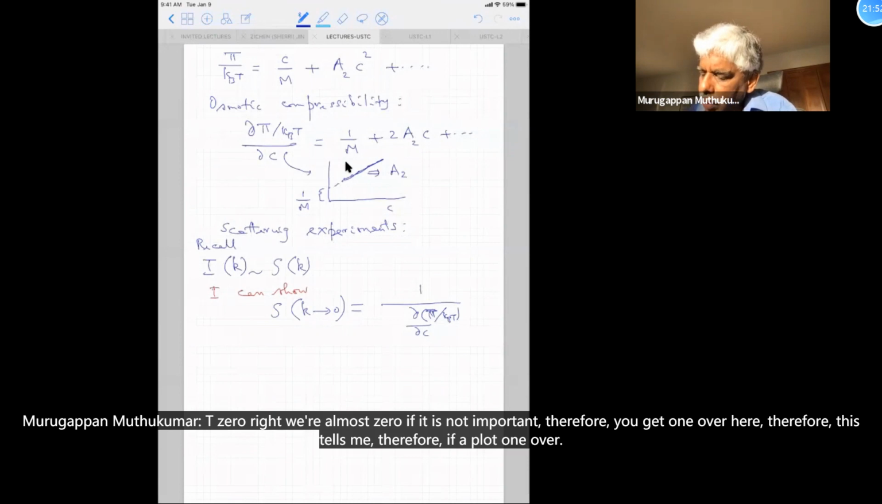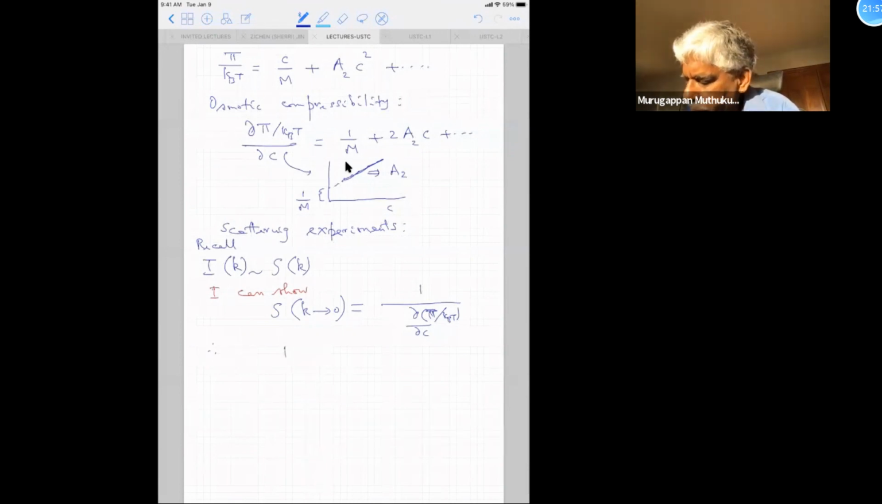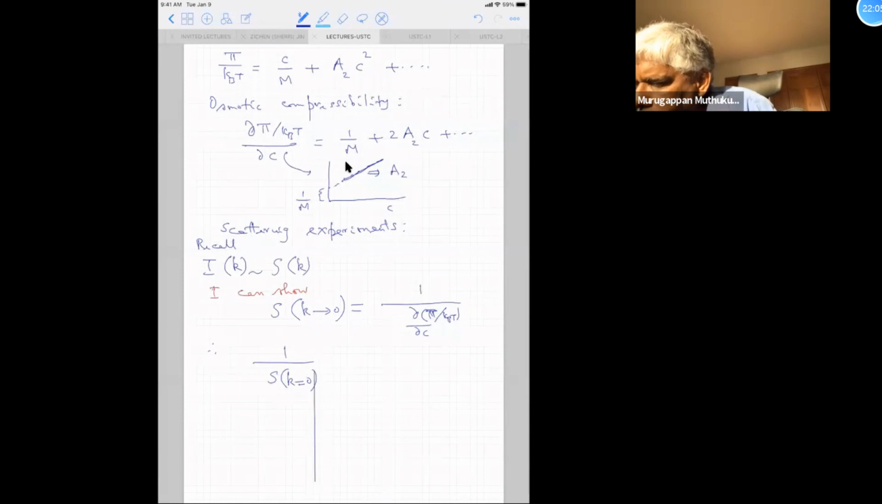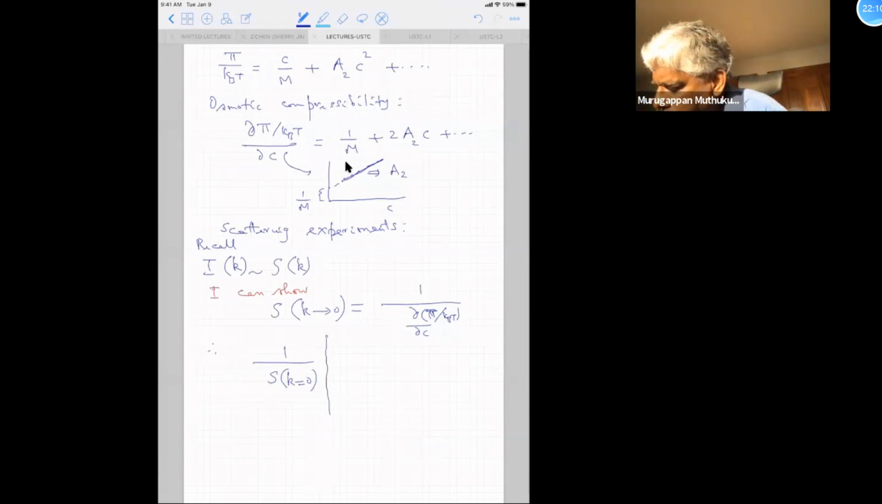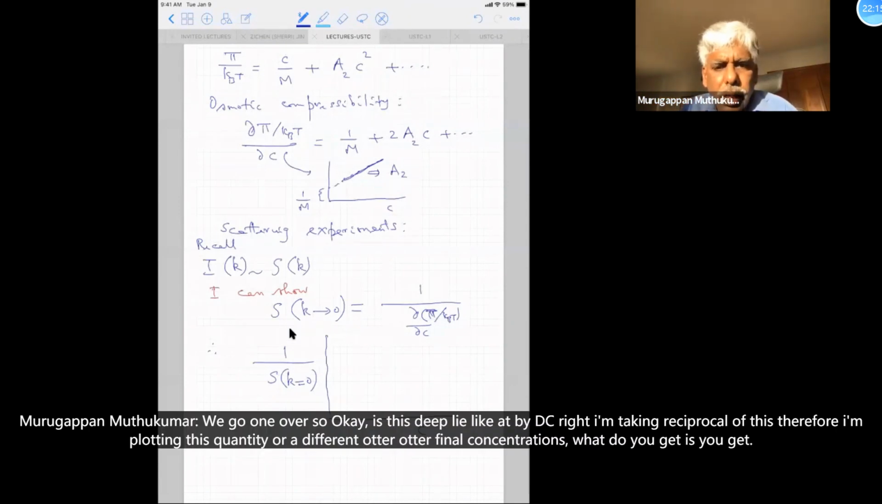Therefore, if I plot 1 over S(k) at k equal to 0 as a function of c, because 1 over S(k) is this dπ/kT by dc, I'm taking the reciprocal of this, therefore I'm plotting this quantity. At different, finite concentrations, what you get is